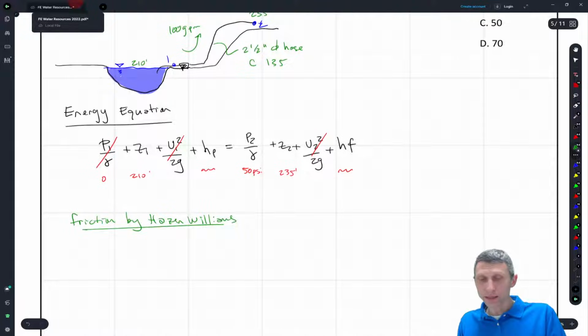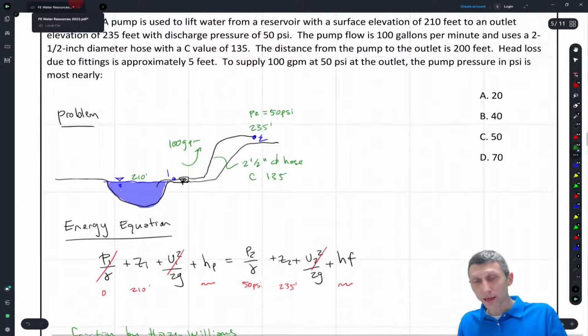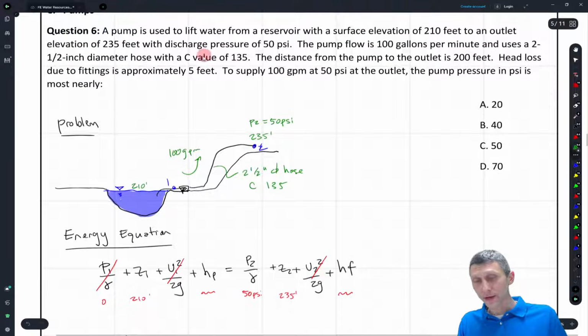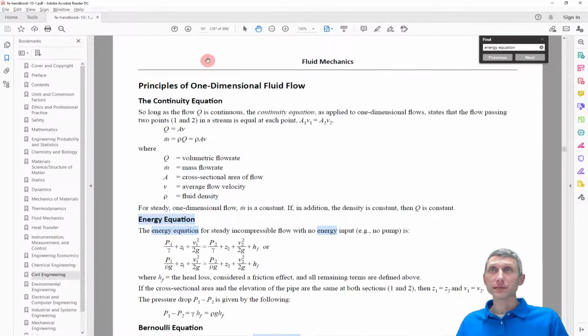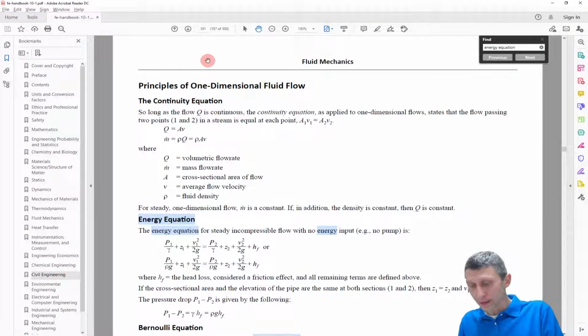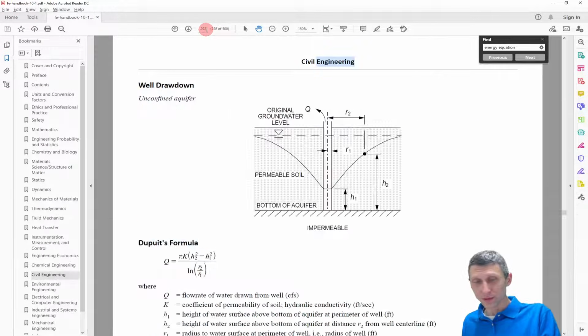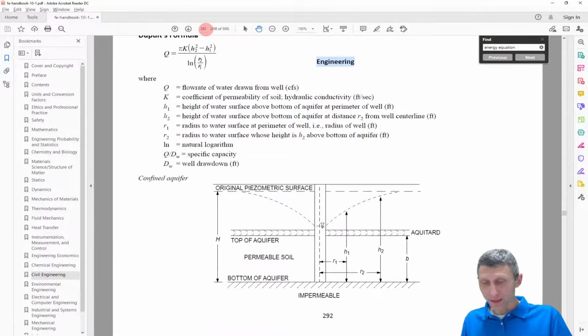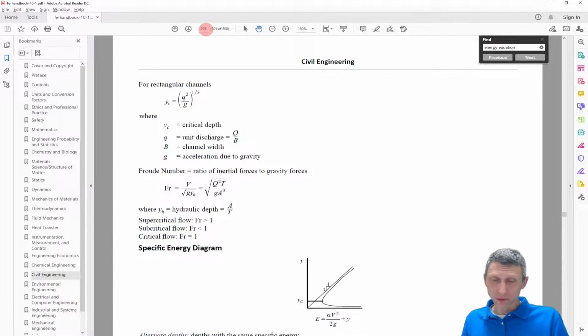Right, so friction by Hazen-Williams. And why do I know it's Hazen-Williams? Because I'm given this C value. And you might need to go look up that C value, but let's come back to the reference handbook and come back to our civil engineering section, which I think is maybe around 292 or so, somewhere in there. And if we keep coming down, we will see